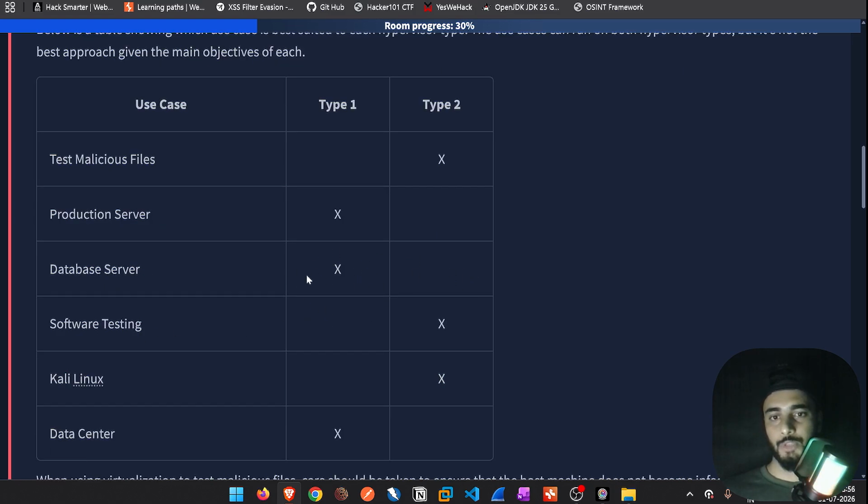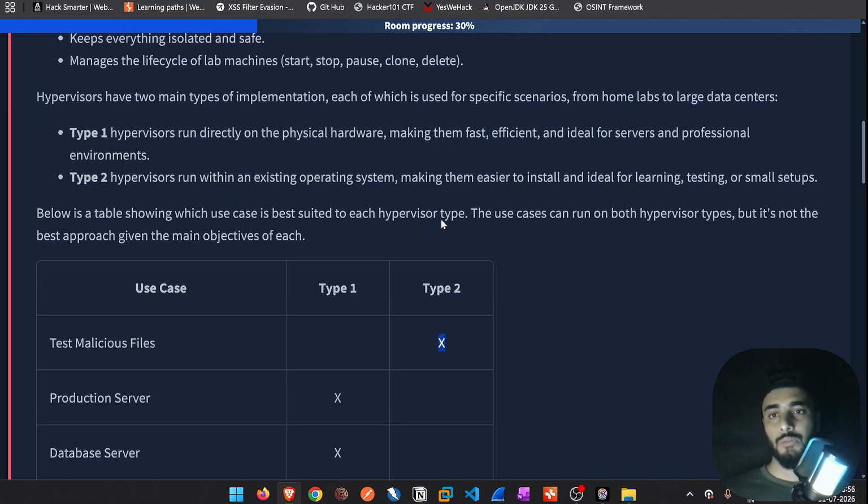Database server, type 1. Software testing, type 2. Kali Linux, type 2. Data center, type 1. You can see these are the testing things. So testing malicious files, software testing, a hacking operating system which is Kali Linux, where you can perform some dangerous tasks, or you can analyze malware. So all those things go in type 2, which is